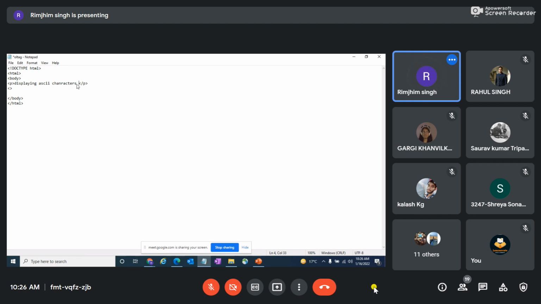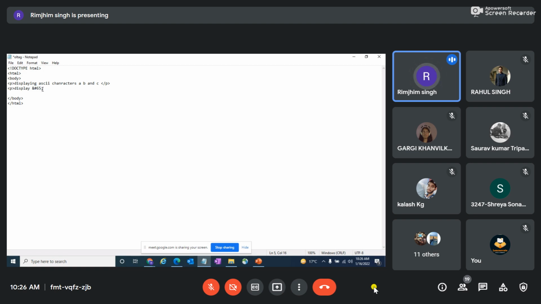A. Whenever you want to include ASCII values, you have to use, in the beginning of that particular number, an ampersand and hash, followed by the number.